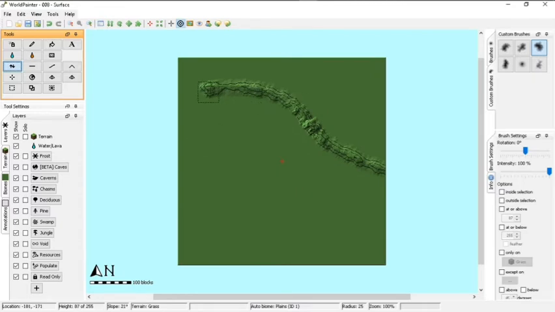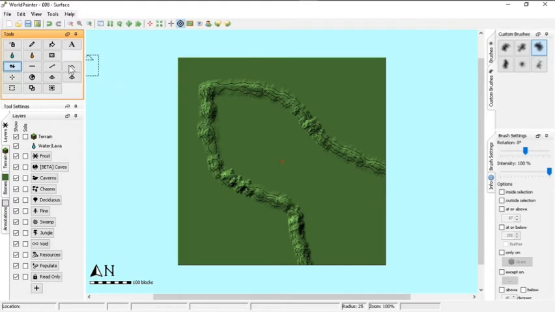This is just a really quick thing, so it won't matter about the quality in this video, but it will take a bit of time when you're doing it. It took me 30 minutes just to create the basic form of it, if you saw my last video. So you're just going to want to create your basic shape, and then normally I'll just go in with the flattener, and I'll go back to my